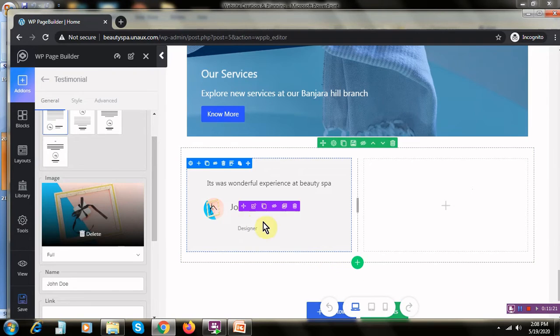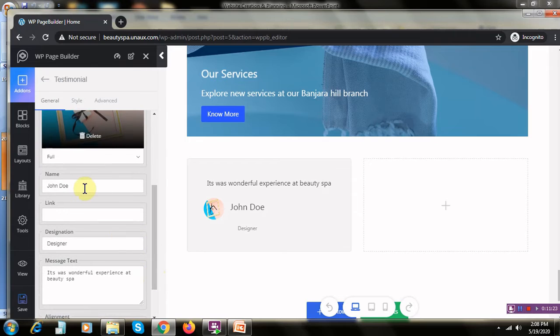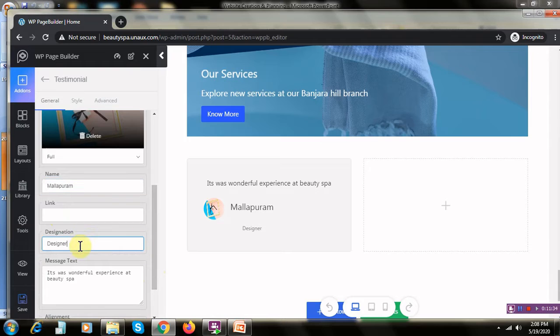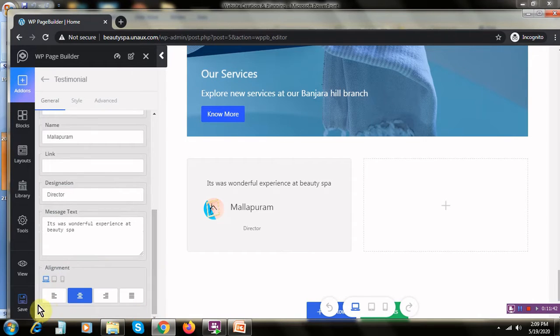All right, now come down and edit his name. Let's say Malapuram Academy or whatever, your personal name, and his or her designation is a manager or a director. Once it is done, click on save.